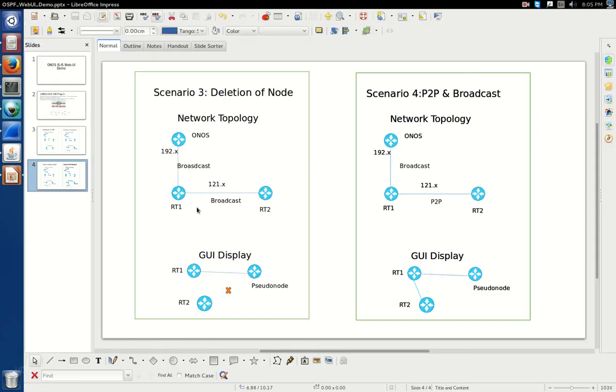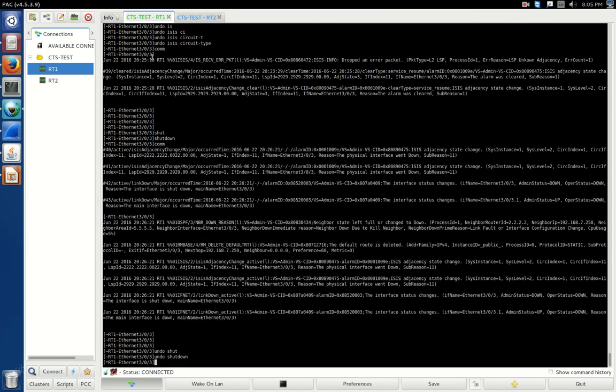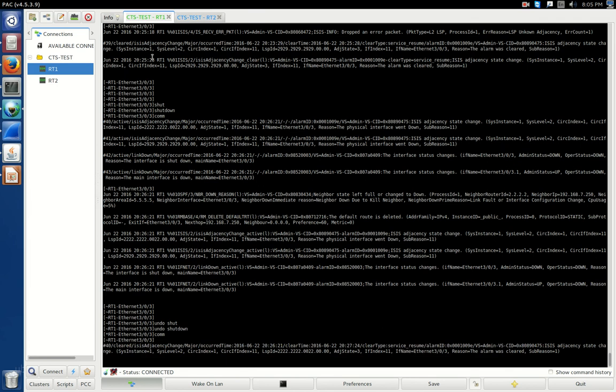This was all about scenario number 3, and now we would see the last scenario, which is point-to-point and broadcast in the same network, in which the ONOS is connected to router 1 in the broadcast network, and router 1 in turn is connected to router 2 in the point-to-point network. We would make the router configurations. We would undo shutdown of the previous interface,